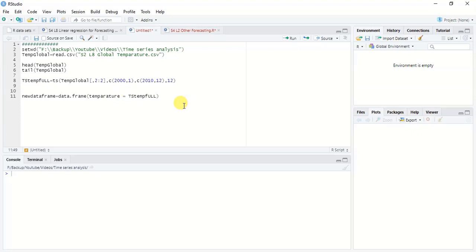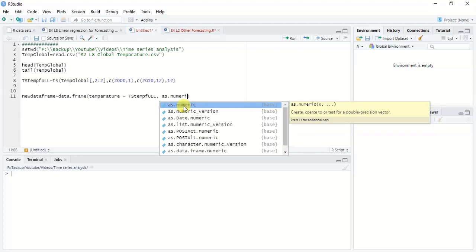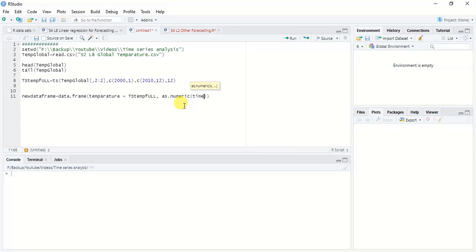And for the next column, we have to convert dates from the time series dataset into numerical values. In this way, we can create a new data frame accounting for the temperature values as well as the dates.